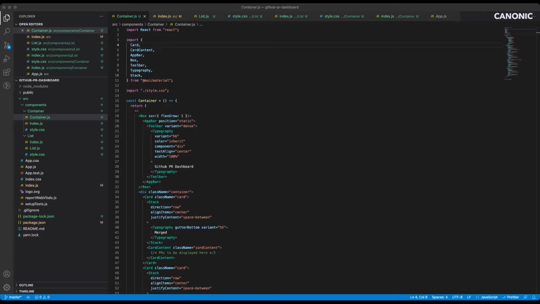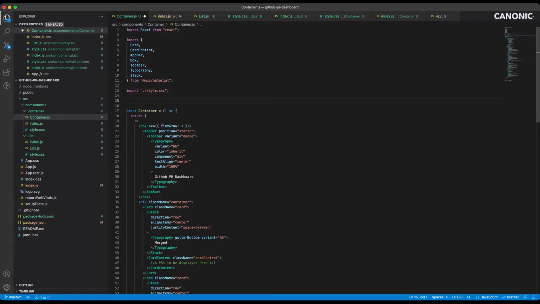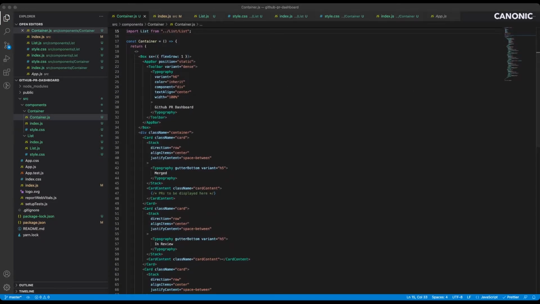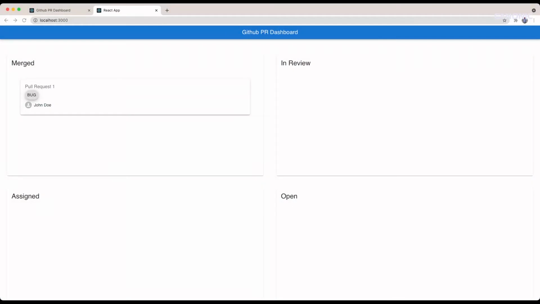We'll first quickly import the list, and then we'll be calling this list component, let's say here, just to see how it looks in our project. Let's head to Chrome and see how it looks like. Great, as you can see, you can see the list component here.